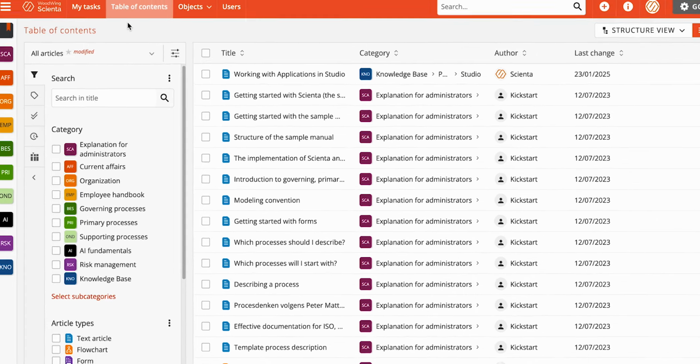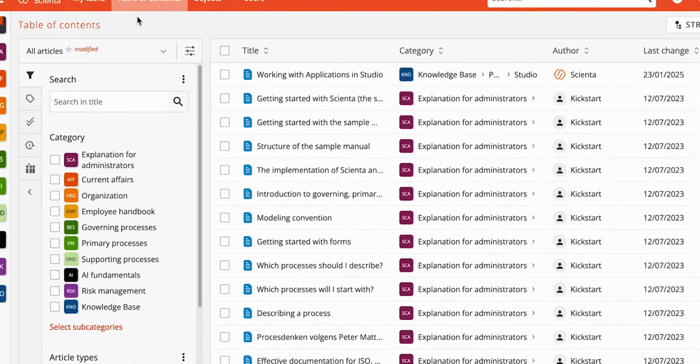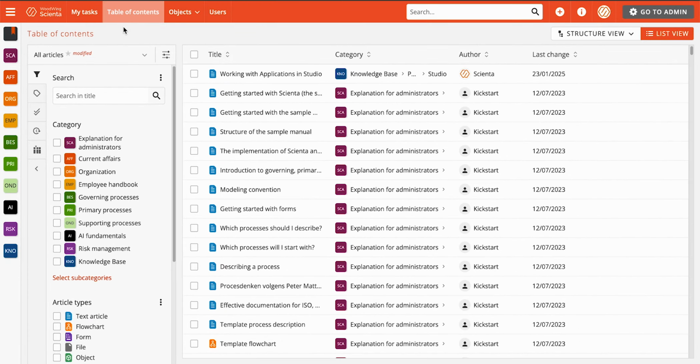Every overview page in WoodWing Scienta, such as the table of contents or task management page, includes a filter panel on the left sidebar. This panel allows users to refine their view by applying filters and adjusting columns. If the user frequently uses the same filters and column settings, saving them as a preset is an excellent way